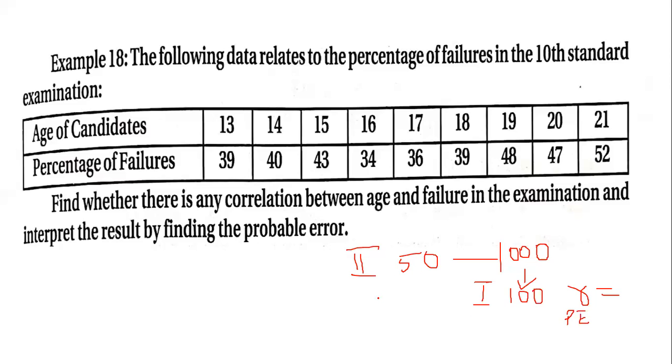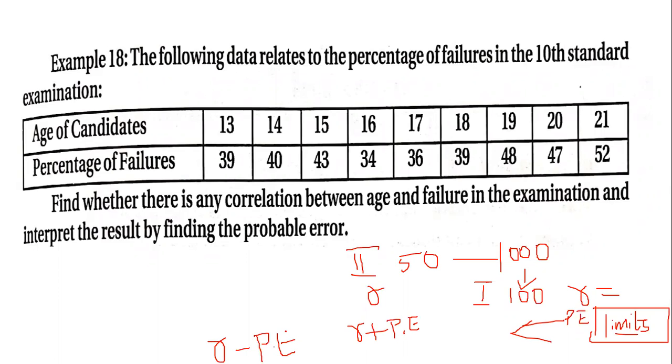Now again when I calculate R here, it should be between the limits of probable error only. Now how do I find the limits of probable error? I will have to add R plus PE, this is on the positive side. This is one extreme. The other extreme will be R minus PE. So whatever R that I get for the second sample should be in between these numbers. That is known as probable error and the probable error limits.